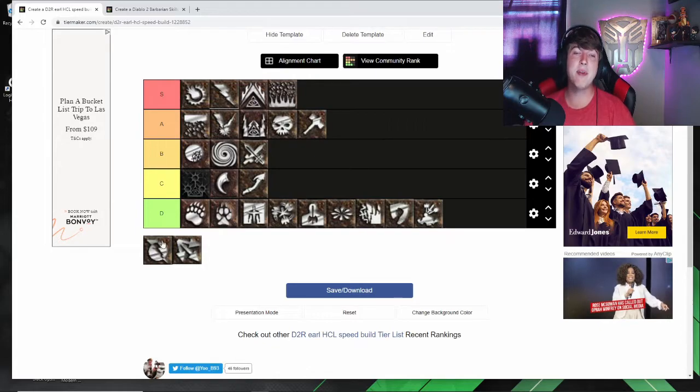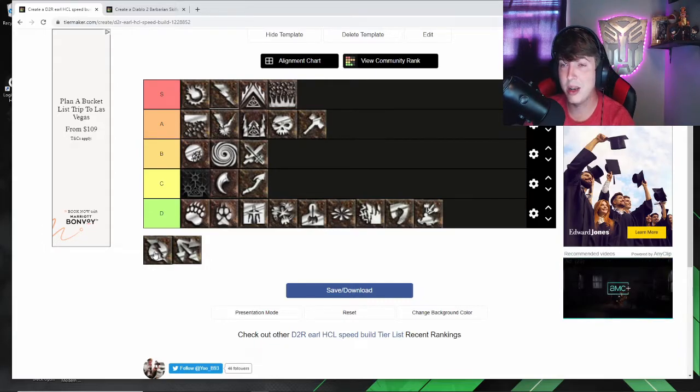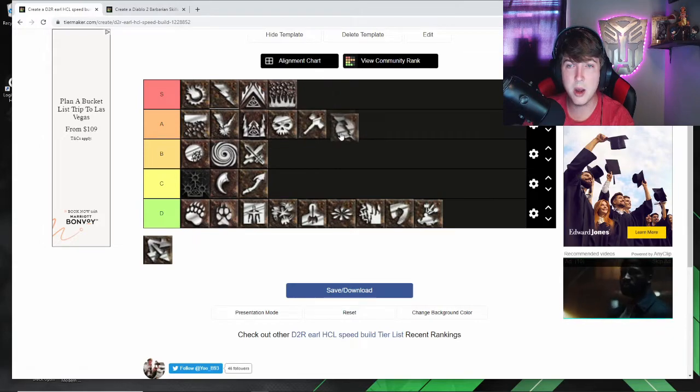Now we have the Amazon, okay? We're talking javelin, you have poison, you have lightning. I'm personally not a fan of the poison build at all. I'm not going to say it's horrible or not worth playing, but when we're talking efficiency, we're talking not having gear, being a quick budget build for early hardcore ladder, lightning javelin, we're going to have to go